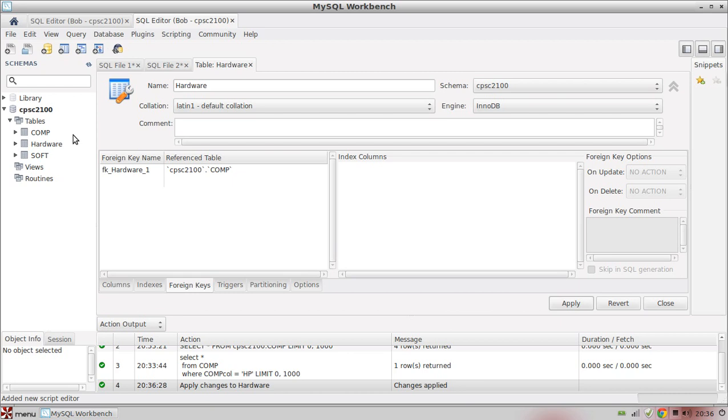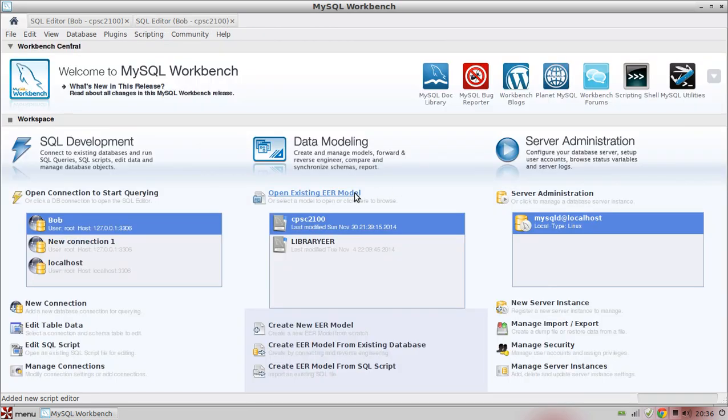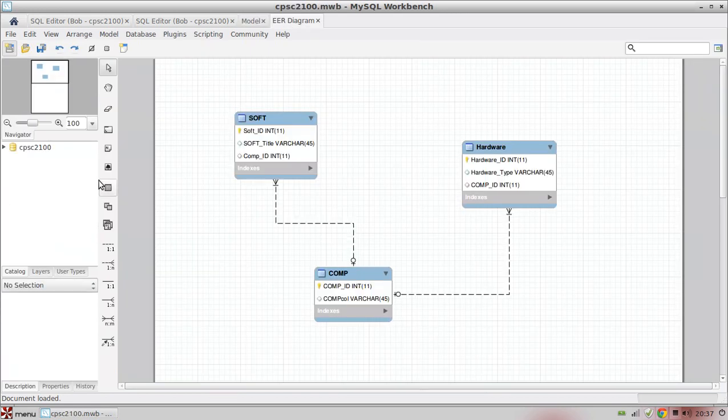And like I say, you've got ways to handle just about everything in MySQL as you do in MS SQL. You can set up views. Routines are basically stored procedures. So it's fairly straightforward. Now we'll move back out. We'll take a look at data modeling, which is interesting. You can have it build a data model from a previously created database, which allows you to do some